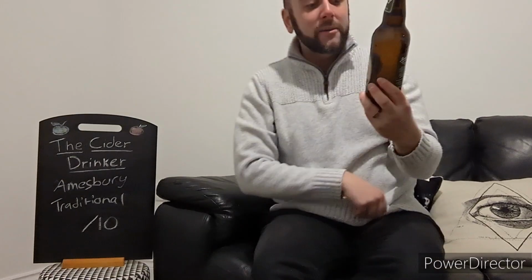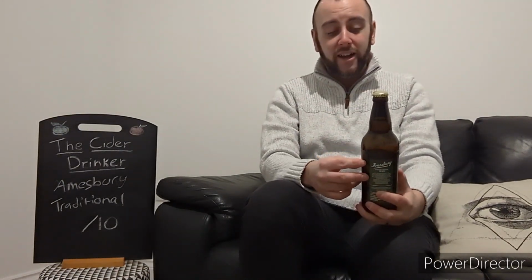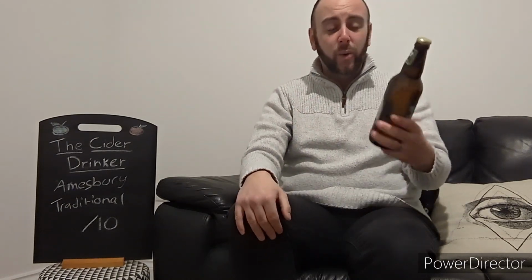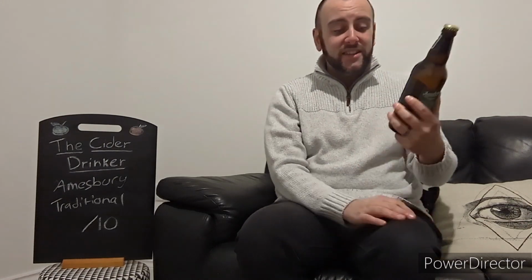There we go. So I picked this up from my local Home Bargains store for, I think it was around £1.39 per bottle, which is relatively inexpensive. I think Tom said he paid £1.59, but obviously that's going to change depending on exactly where you are in the country. So yeah, never heard of this cider before. I saw it and I thought, you know what, someone's asked for it, I'll give it a go. As you can see, it's in 500ml bottles, and this is 4.8%